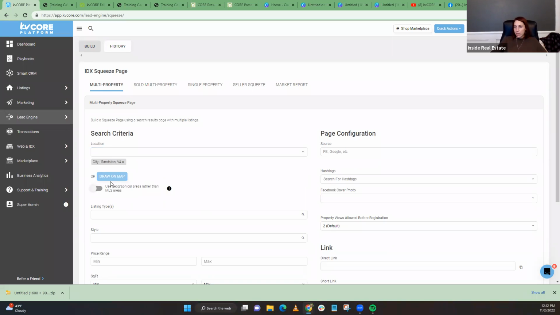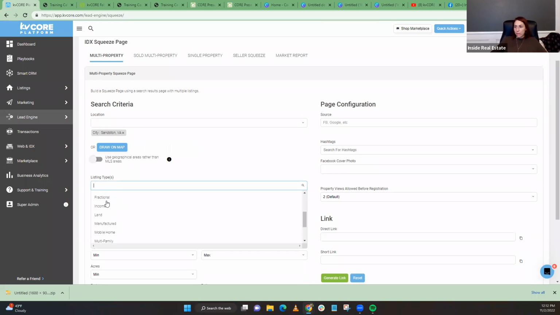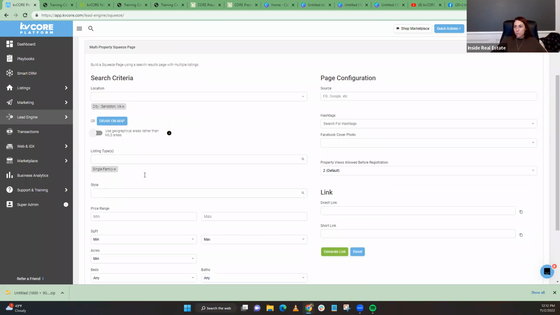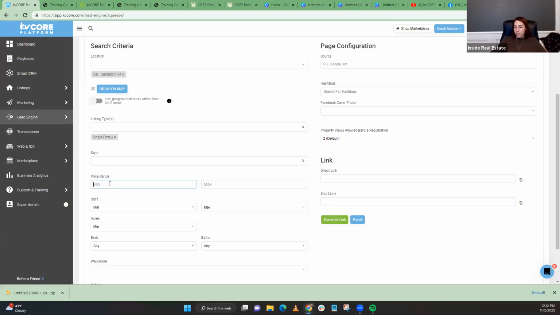So let's say we're looking here, and they were looking for single family homes, and their price range was 150 to, I don't know the price range in this area, so I want to make sure we come up with something. And maybe they're looking for a 3-bedroom, 2-bath or whatever. Make the hashtag be the name of the person,